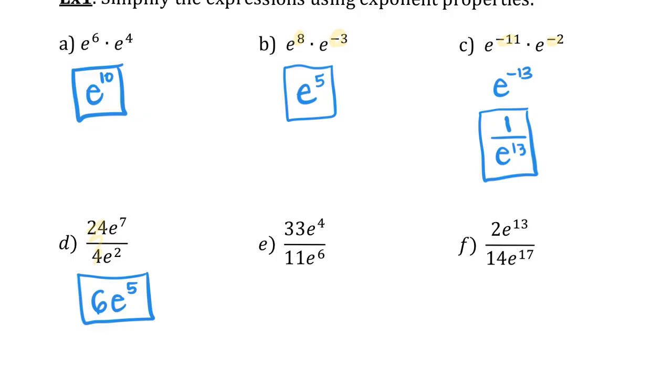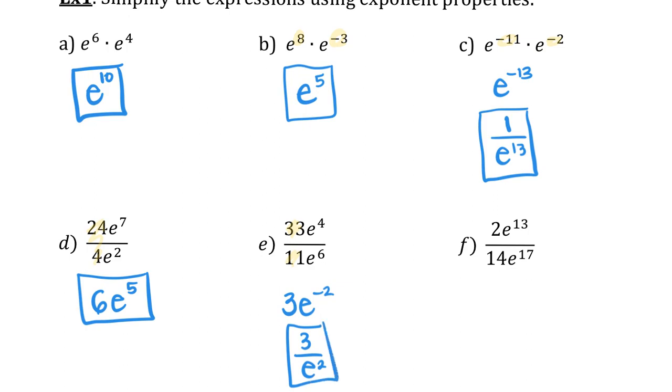Okay, let's worry about the coefficients first. 33 divided by 11 is 3. And then I have e to the 4th over e to the 6th. I normally subtract the exponents. Okay, I can do this 2 ways. I'll do it one way and then I'll do it the other. If I do 4 minus 6, I get -2. So I could say this is 3 e to the -2, which is 3 over e to the 2nd, which